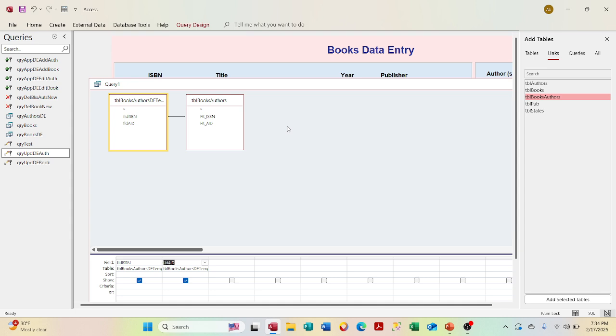Because it sees nothing in books authors. There are no authors in there. There's nothing there, right? And even if I change the link,